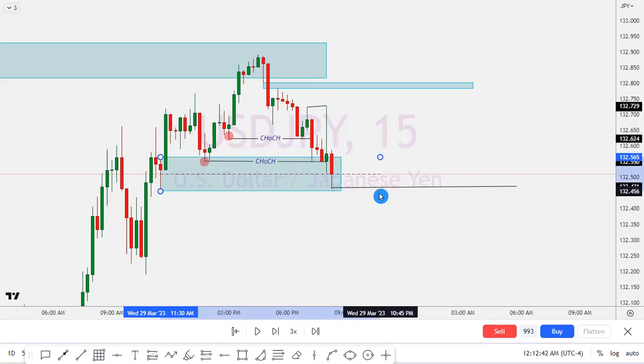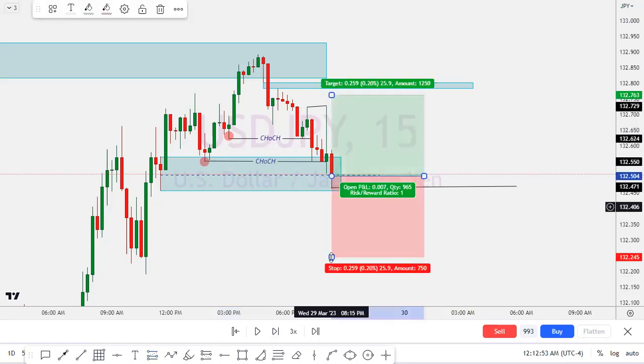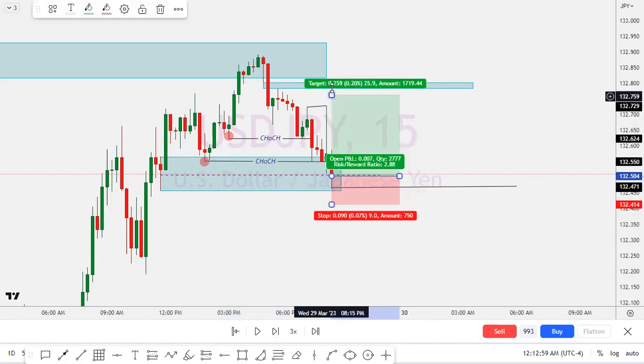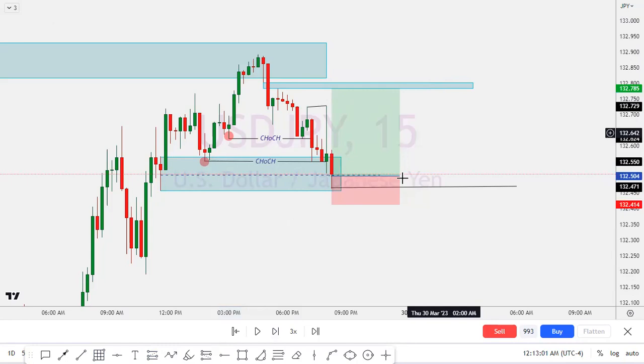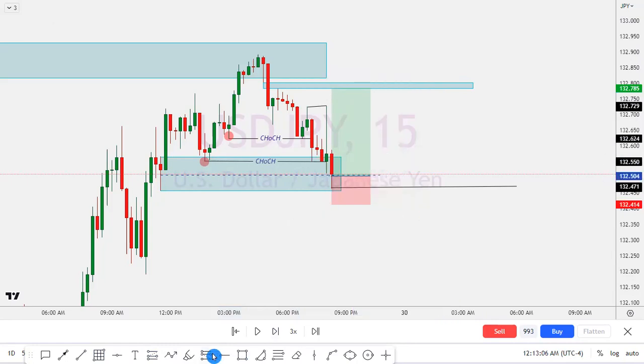50% of the order block is what we call mini threshold. So I'm going to take my entry from there, short-term buy. From there I'm going to put my stop loss below that zone. I'm actually going to put my TP there, where the point end. And if price comes back to that zone, I'm actually going to sell from there,